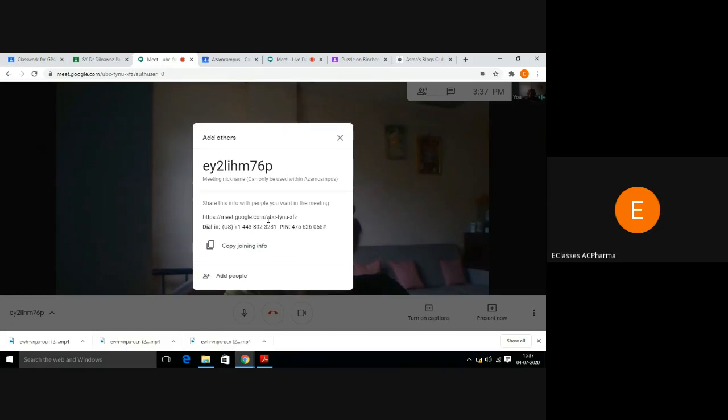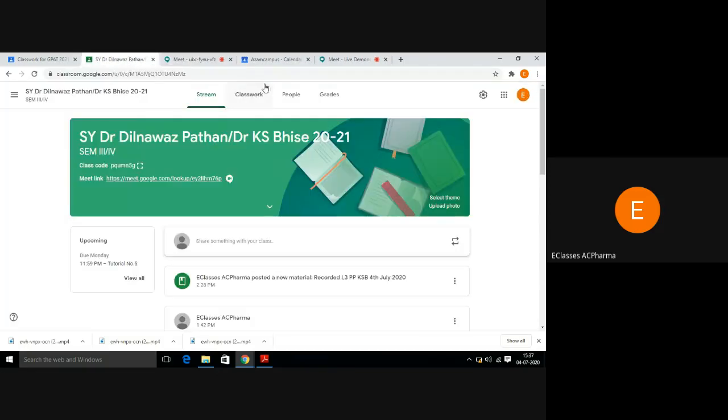The link is shared with the students, and they can then join the webinar. So this is the new feature in the G Suite application. There are more features related to security and plagiarism that will be explained by my colleagues.